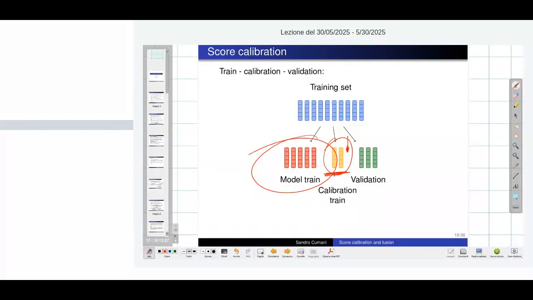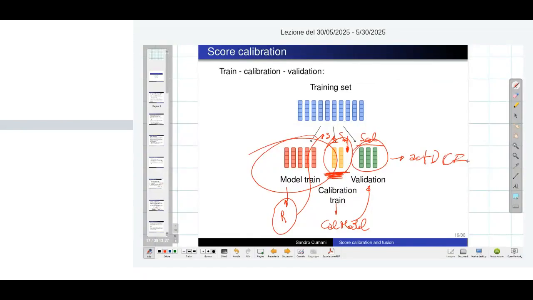So here we would train the recognizer. Here we would compute the scores for these calibration samples using the recognizer. This would give us the calibration model. Then with the calibration model, here we would compute the calibrated scores for these features and compute our actDCF